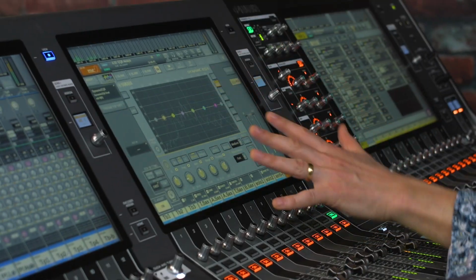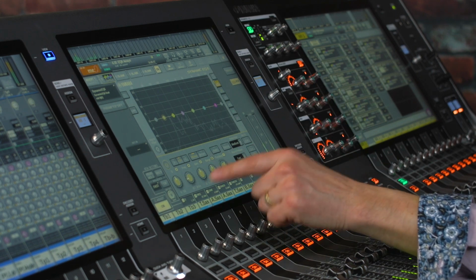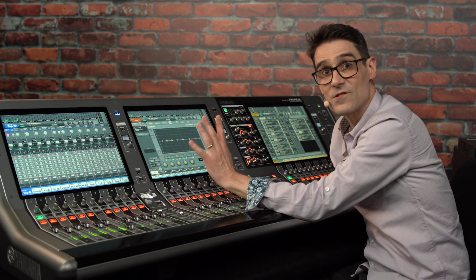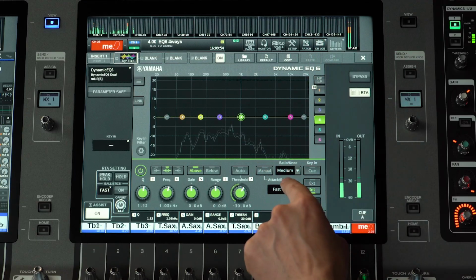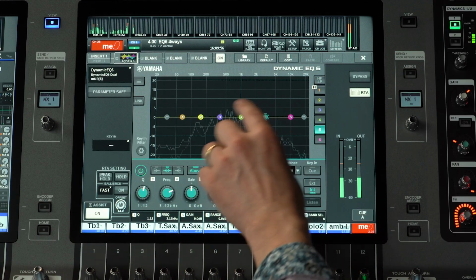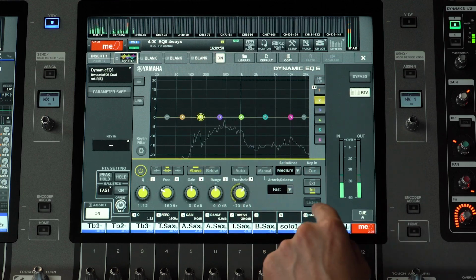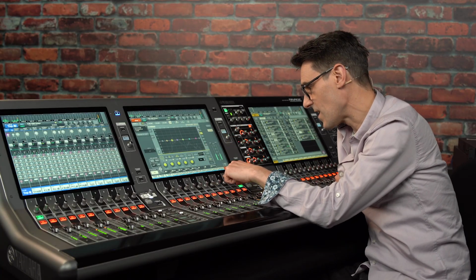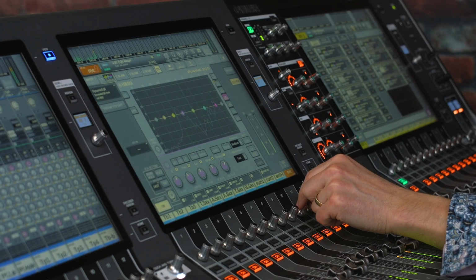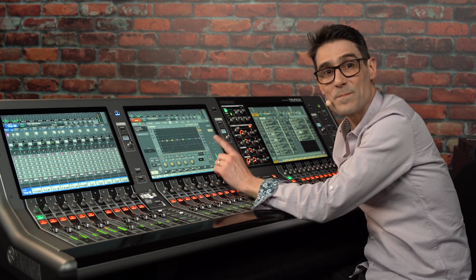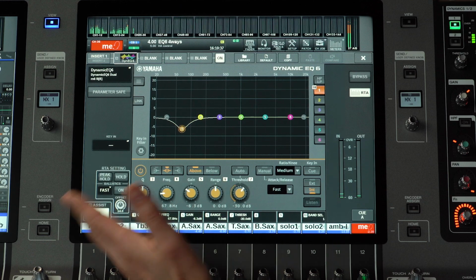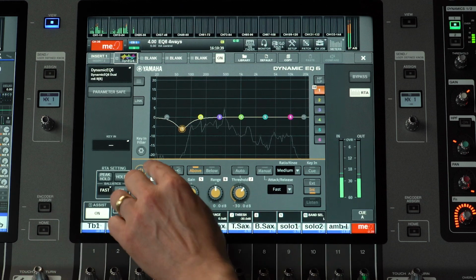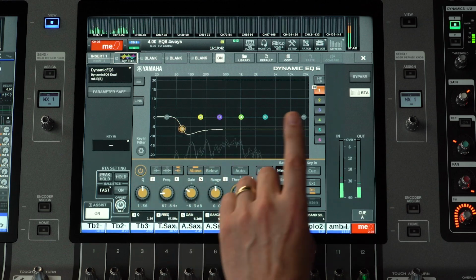When you first open the plugin, you'll see the controls for EQ band 1. Scroll between the bands using the tabs on the right, or touch the colored dot in the graph, or use screen encoder number 10 to select another band. Notice that each band is a bell shape by default, though any band can be turned into a low or high shelf.